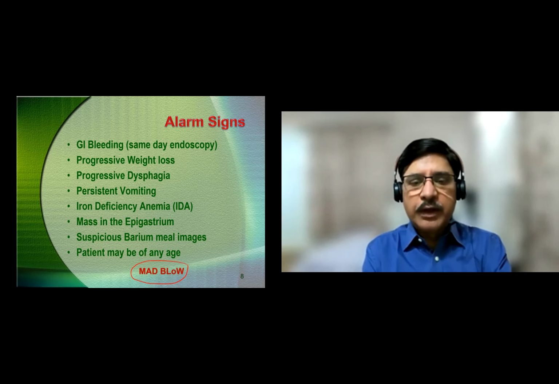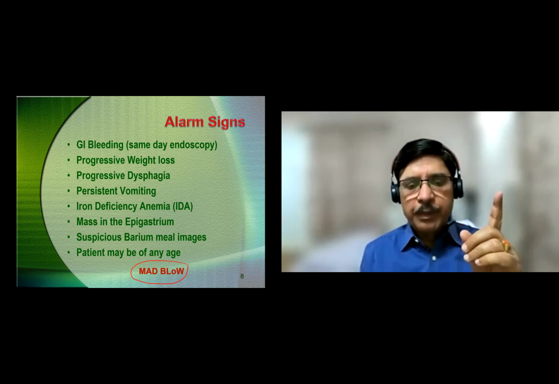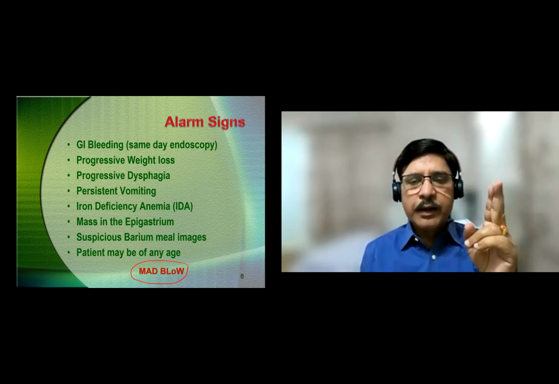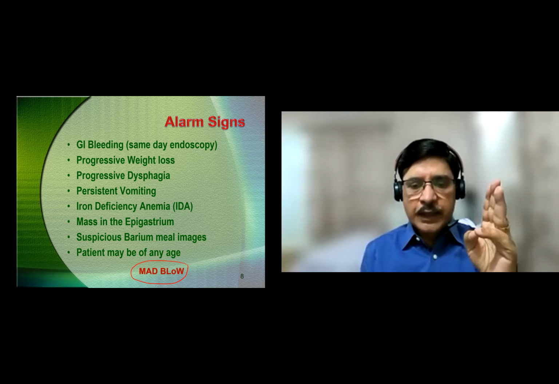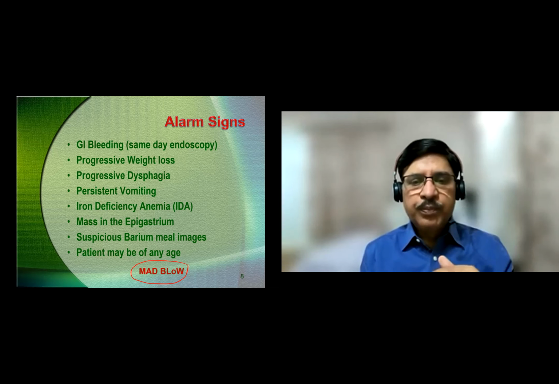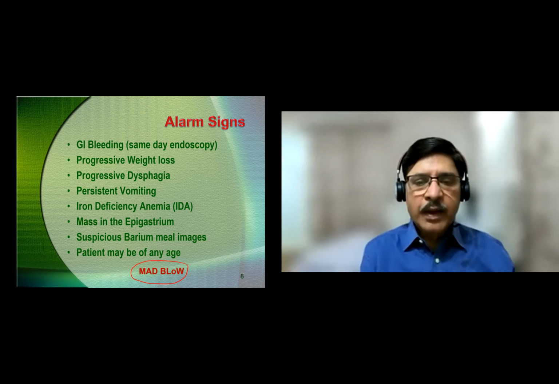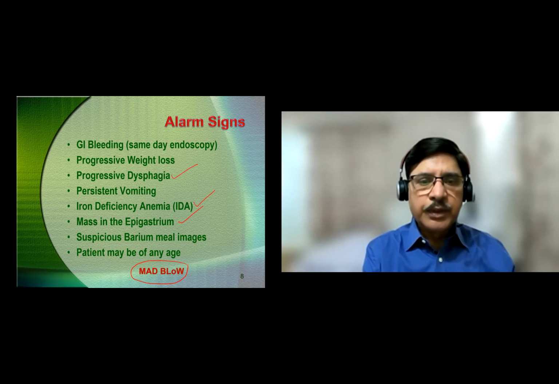Remember the word, the mnemonic MAD BLOW. Mass in the upper abdomen, anemia unexplained, dysphagia, blood in the vomit or in the stool, and unexplained loss of weight. M, mass in the epigastrium; A, anemia; D, dysphagia; B, blood in the persistent vomiting may be there,